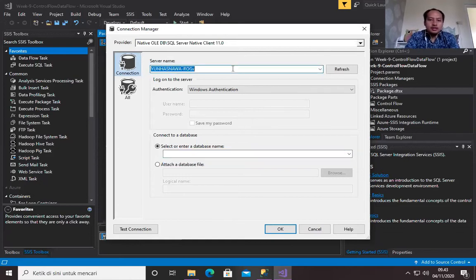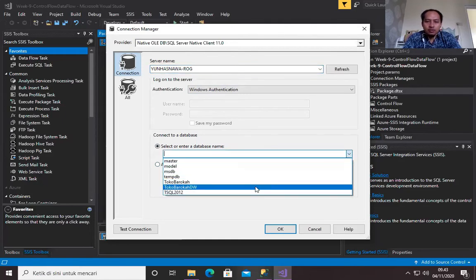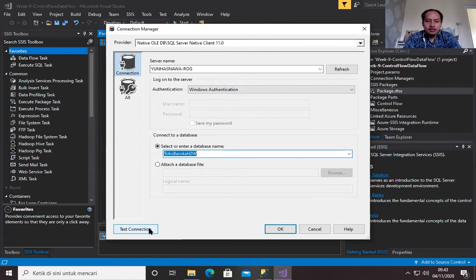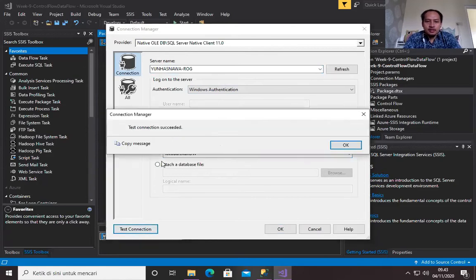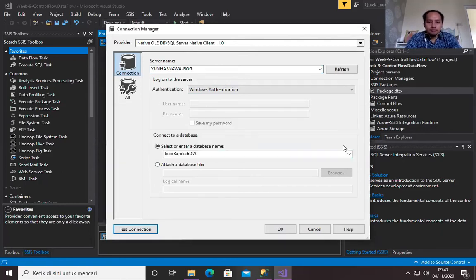So put your server name correctly in the server name text box, and then you can use Windows authentication because this computer is the same computer where SQL Server is installed. All right. Then you select the database name, Toko Barokah DW. You can click Test Connection. If it says test connection succeeded, it means that your configuration is correct for this connection manager. Then you click OK.